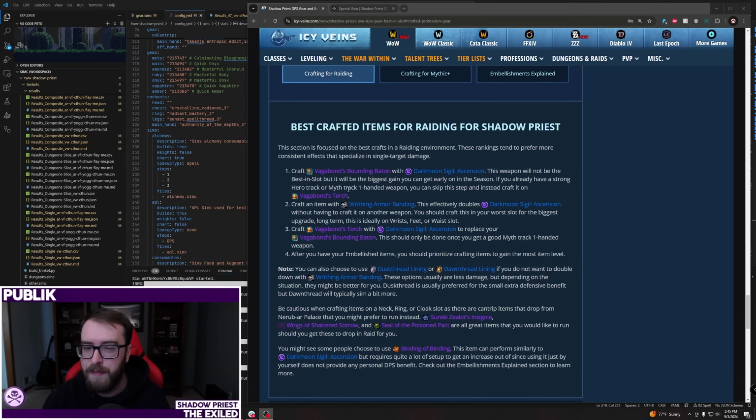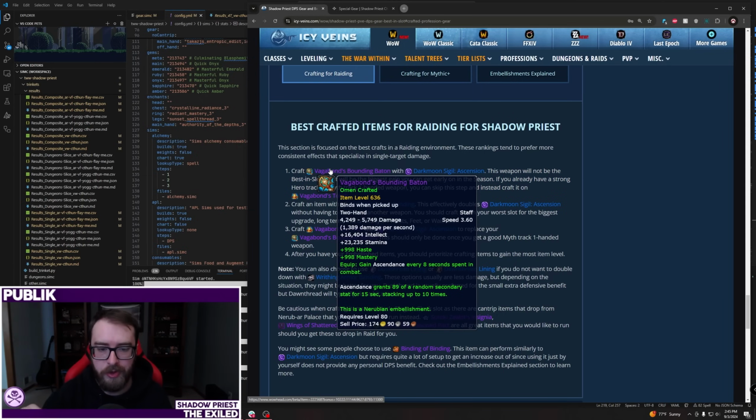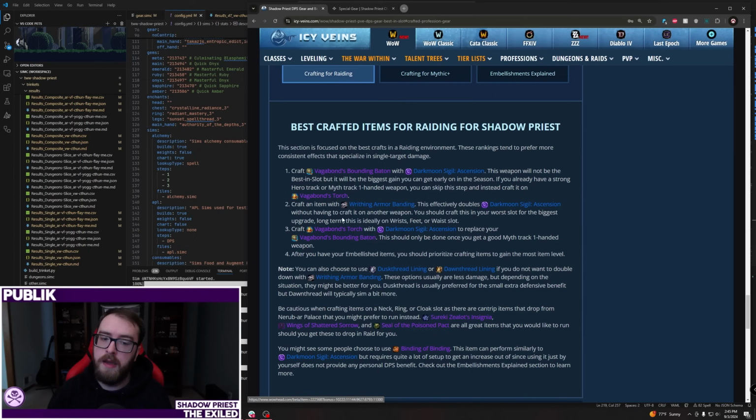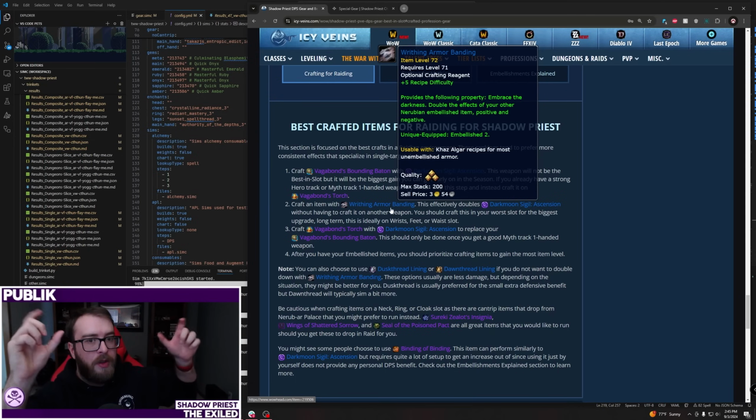But for most people, you might not get as lucky with weapon-wise, so getting that staff item level early is going to be really, really nice for your first craft. Then for your second craft, there's an item called the Writhing Armor Banding. Now, the Writhing Armor Banding takes Ascension and just doubles it. You don't get double the amount of procs, but every time it procs, you get double the amount of secondary